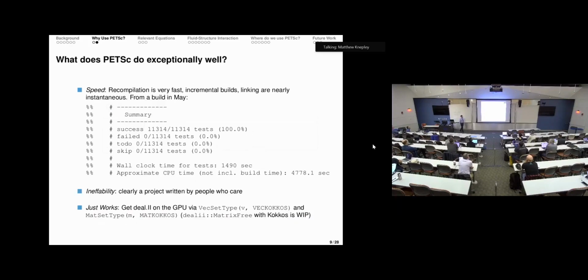So a few things that I think PETSc does exceptionally well. I was amazed when you're looking through the CI that you can run like 11,000 tests in 20 minutes. For DL2, this would take like a day, maybe. It might take longer. And there's sort of this ineffable quality of PETSc where it's clearly written by people who agree on a set of style guidelines and actually care about the work that they're doing,